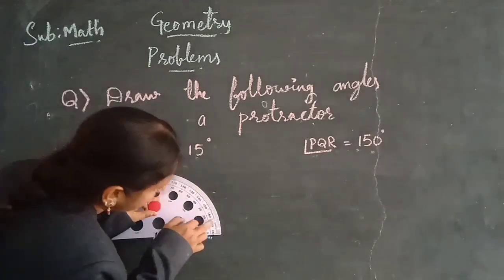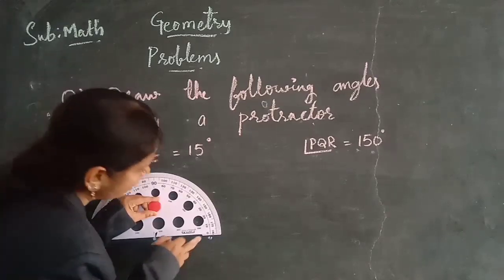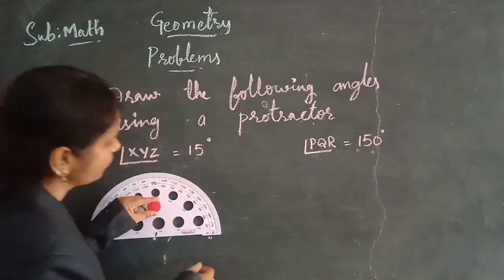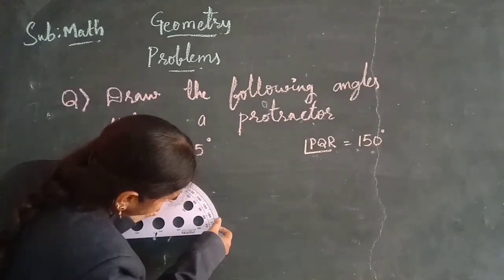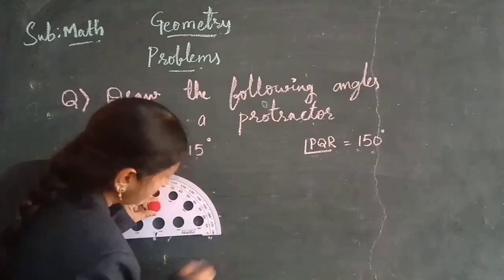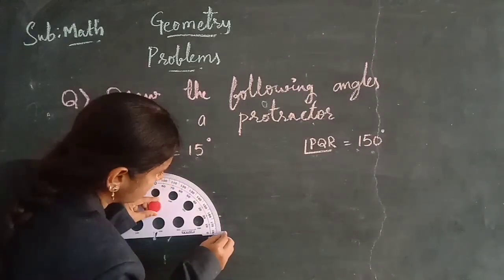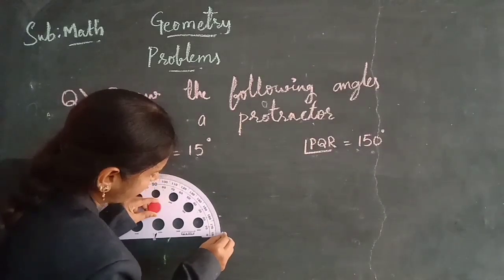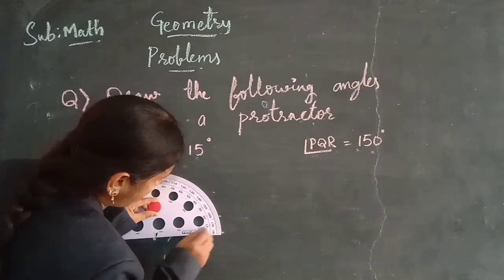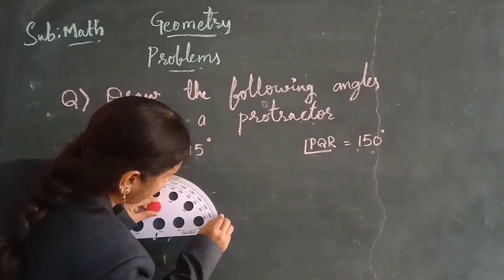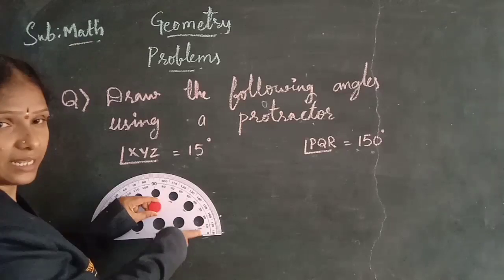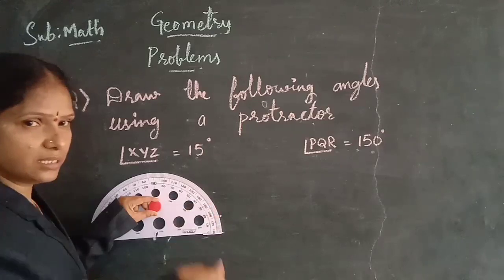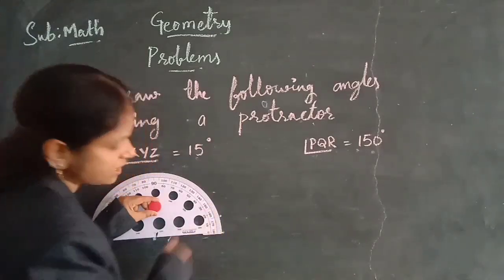And between 10 and 20 you have again small lines. So here 0, 10. After 10, after the small lines you need to count 5 more. So 11, 12, 13, 14, 15. Here it is 15, children, and here it is 0. See, the initial ray is at 0, and here the terminal ray point I am keeping at 15. Here you can't see the number 15, but it lies between 10 and 20. Between 10 and 20 you have 10 small lines, so that 5 degrees you need to take here.